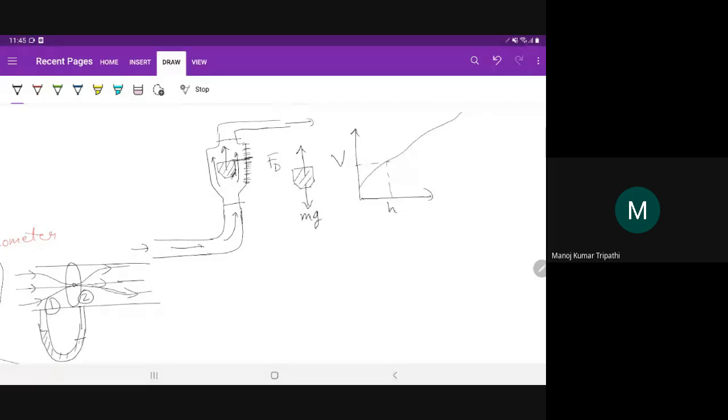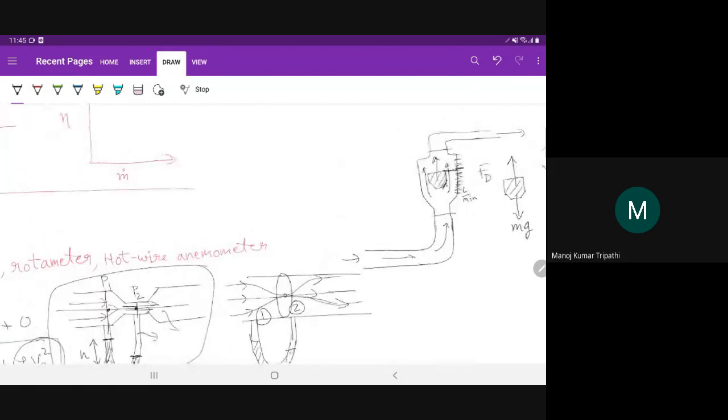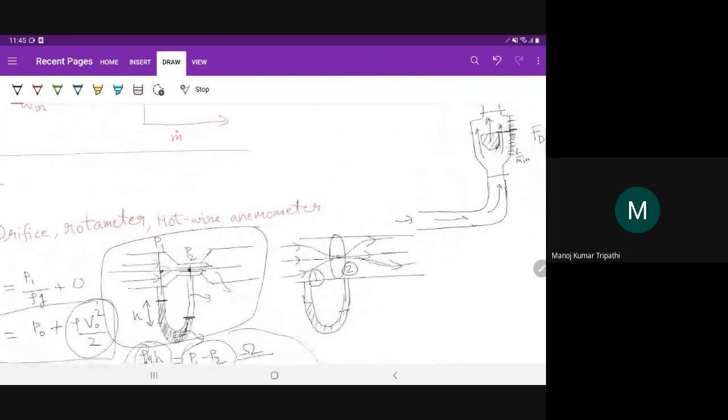Generally, these readings are not just heights of the rotameter, they are not just centimeters, they give you the actual flow rate. So it is written what is the flow rate here, how many milliliters or how many liters per minute, something like that. These readings will be in terms of the flow rate. So you can directly get the flow rate from this rotameter. Usually this is used for gases, not for liquids.